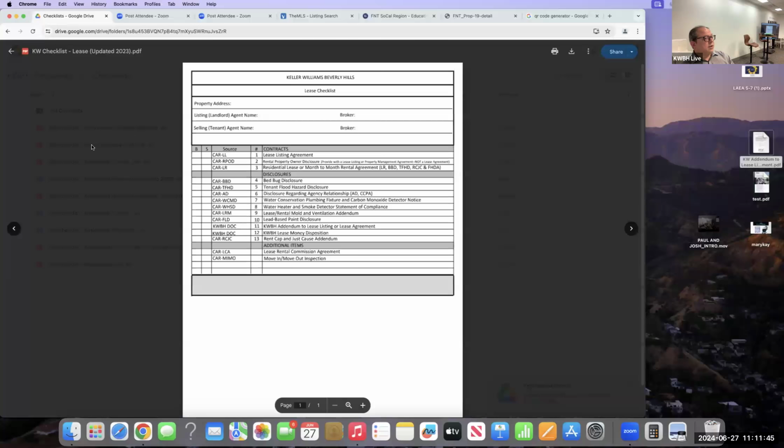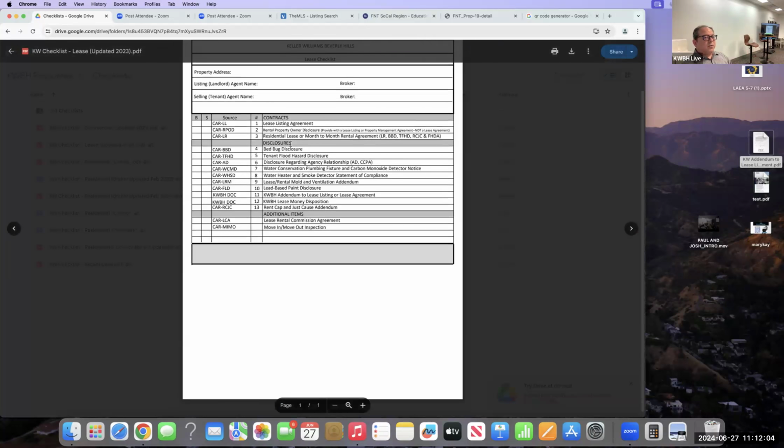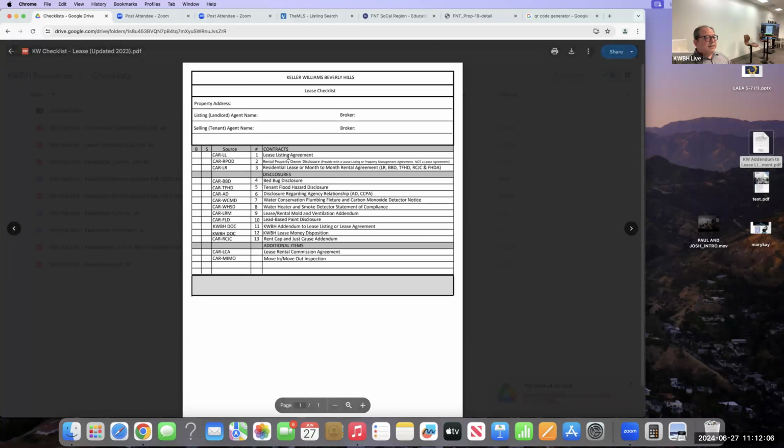I'm going to click on lease checklist and print this, whether I'm in the office or at home. This is my checklist. It's going to go in my new file, right? I'm going to go meet with a landlord now. So what am I bringing with me to my landlord meeting, to my listing presentation? Number 1, the lease listing agreement. Number 2, rental property owner disclosure. That's going to be part